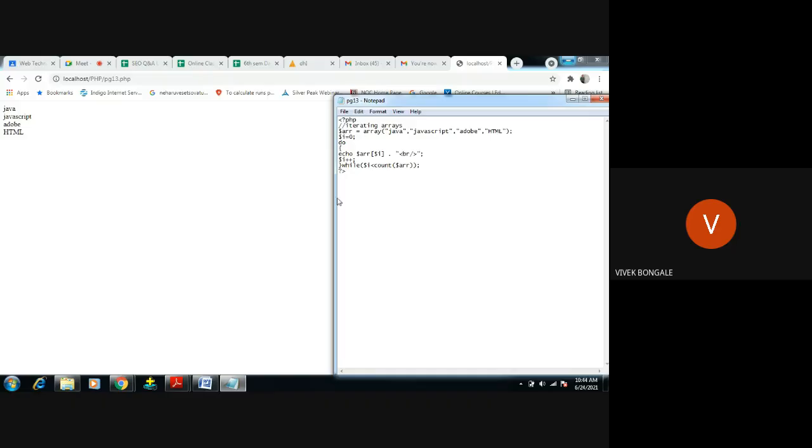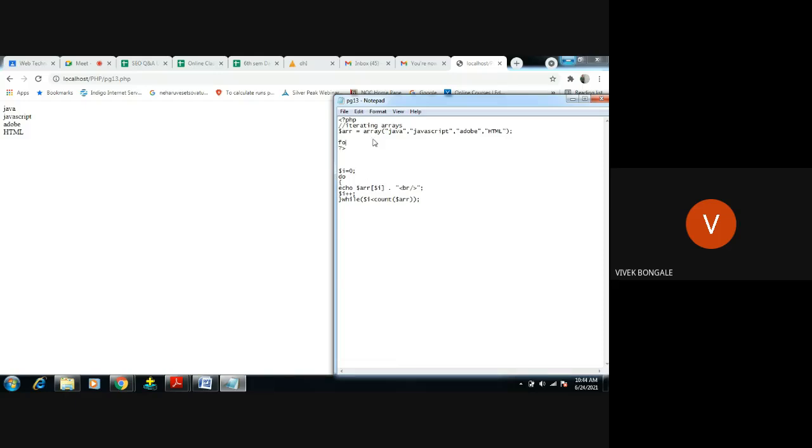So for the for statement, I will cut all these things. Control X, will paste here, control V. Same, I'm not changing anything here, right? Just the statement I'm changing.